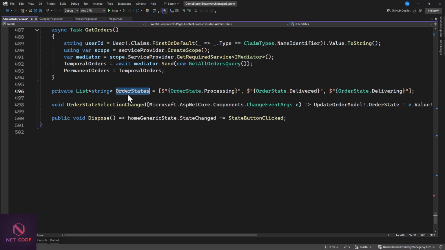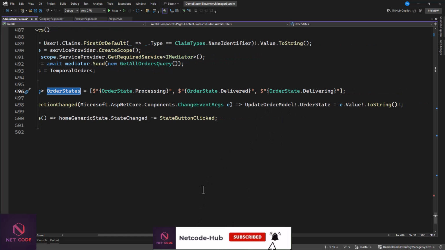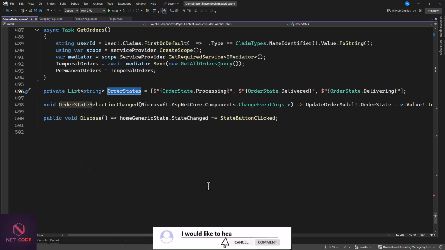So we need to provide this as an other state. Then if other state selection changes, you want to assign the value to this update mode because you're going to update that. So you're going to assign it in there. And now when the page is disposing, you want to unsubscribe from this home generic state. Now home generic state here gives you access to the state